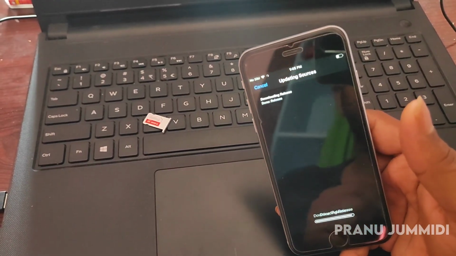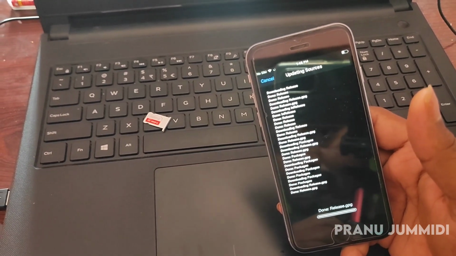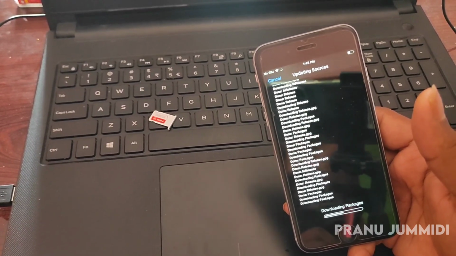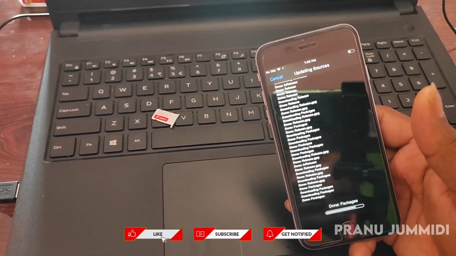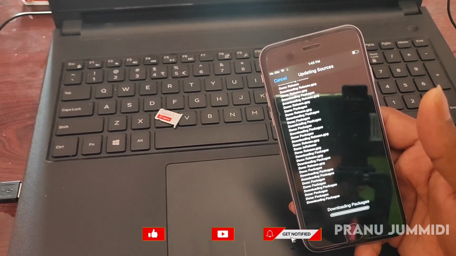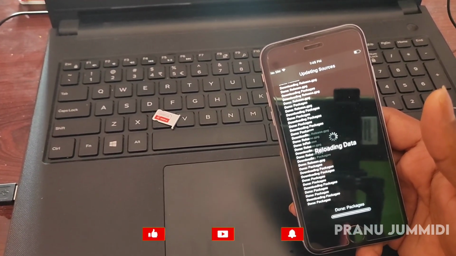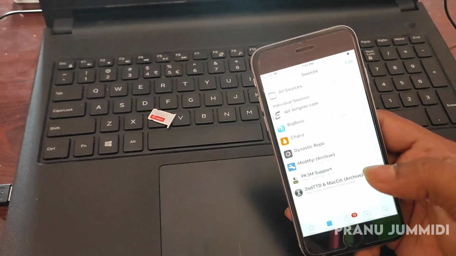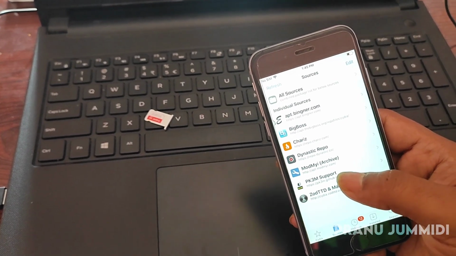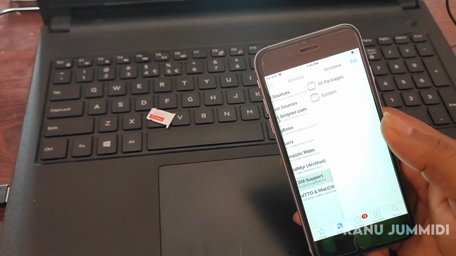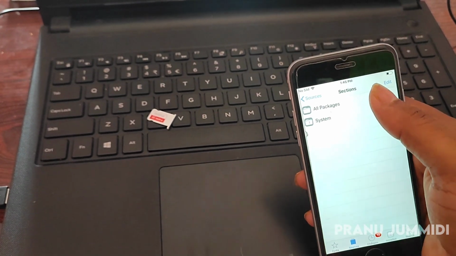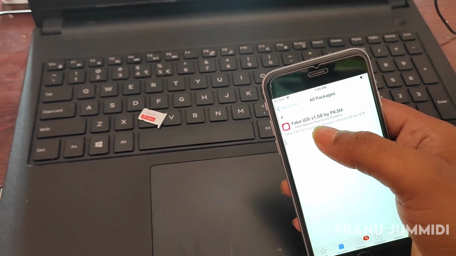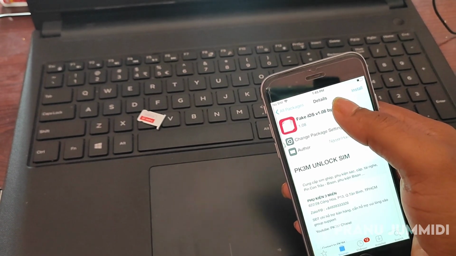After the tweak installation is completed, it will take some time to install the tweak. After that, return to Cydia, and here you can see PK3M support. Click on that and then click on All Packages. By pressing this, the device can be installed with iOS 15 automatically.